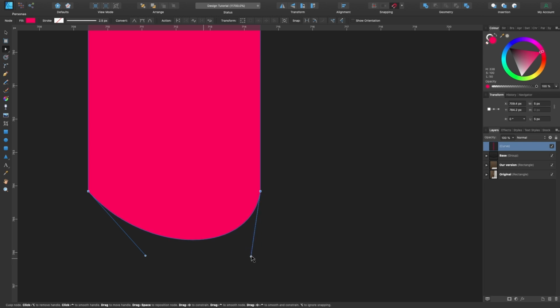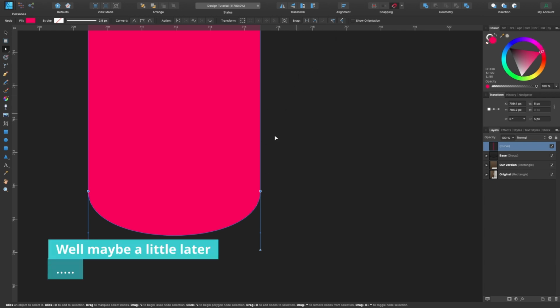Now I'm going to keep my finger on Shift so it's a straight line going down. And I'll do the same again with this one here. So I'll click and drag that across. When it gets to around here, I press Shift, so it straightens it out. You can see here, it kind of stops naturally. It's because this node, this handle, is meeting up with this handle. And a lot of these can be configured through your snapping up here or the snapping options here. We're not going to launch into that today.